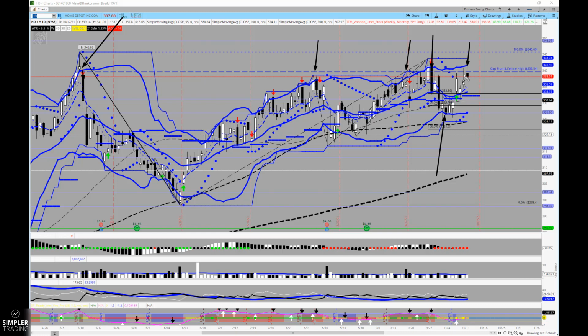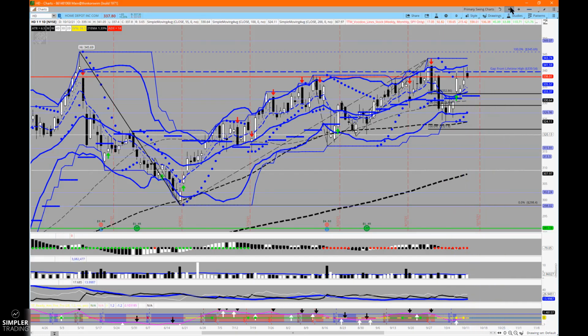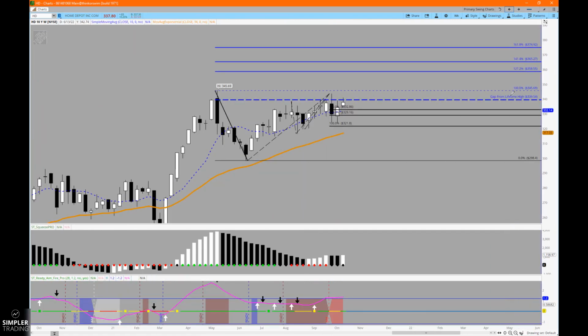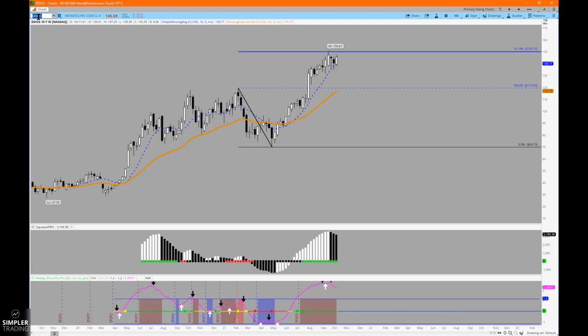So I hesitate a little bit to buy these right here. If you have the proper duration and the time and the patience to see it through, maybe you can. But again, it's just saying any major drop on that will be a buy for what looks like a very constructive weekly chart. So just two more from there, kind of switching it up a bit and moving over into